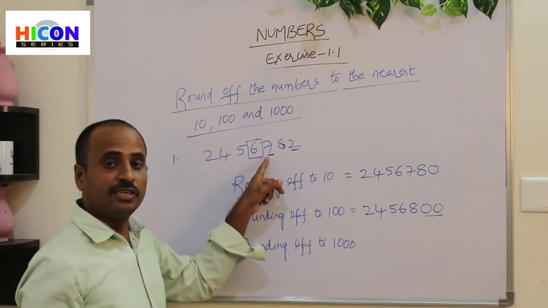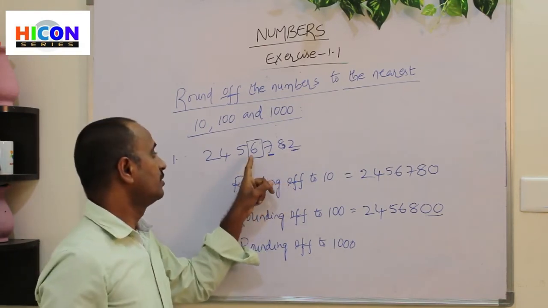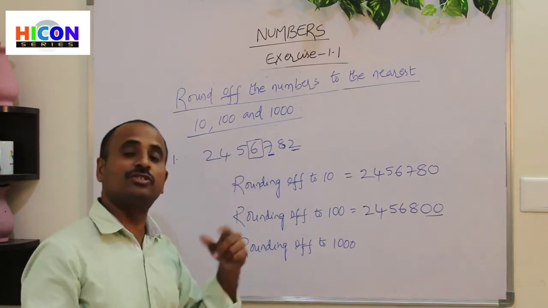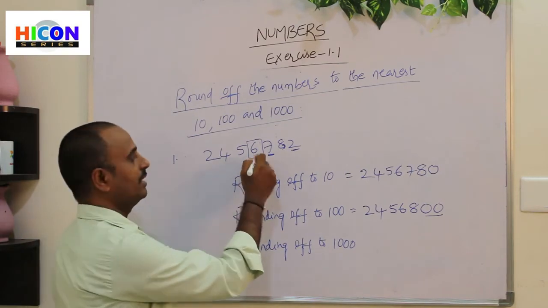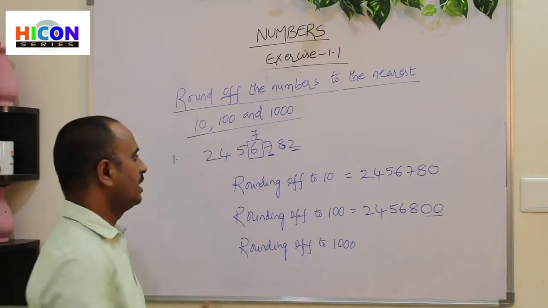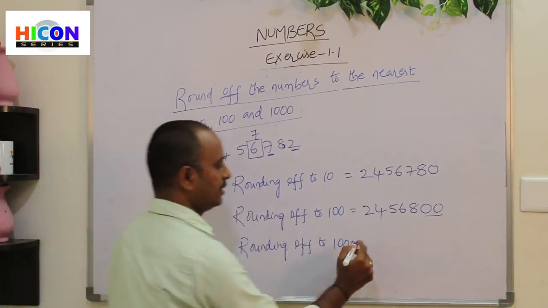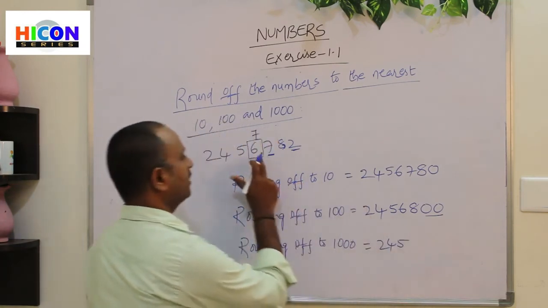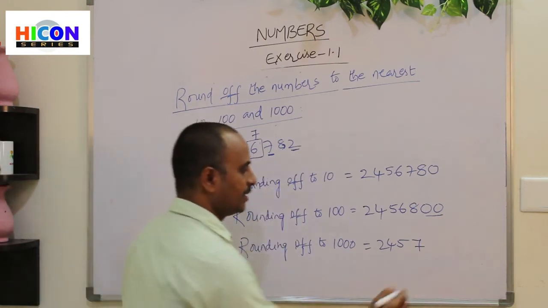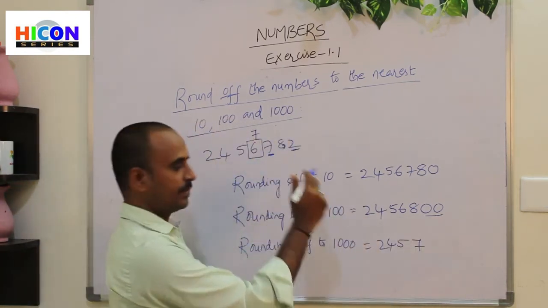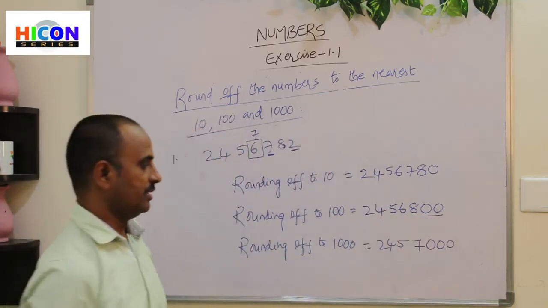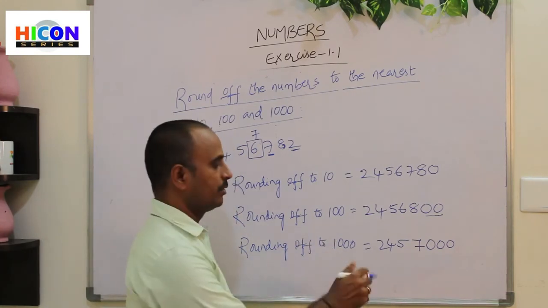So if the next digit is more than 5, write the next thousands. That means round off the given number to the next thousands. There are 6 thousands. The next thousands are 7 thousands. So keep 7 in the thousands place, and the remaining digits should not be changed. So that is 2, 4, 5. And write the 7 in the thousands place and put zeros for the remaining places. So there are 3 digits after the thousands place. So put 3 zeros for the remaining digits. So this is the way how to round off the given number to the thousands, that is